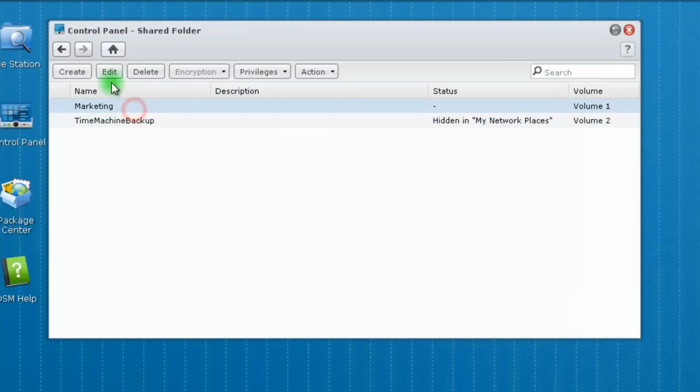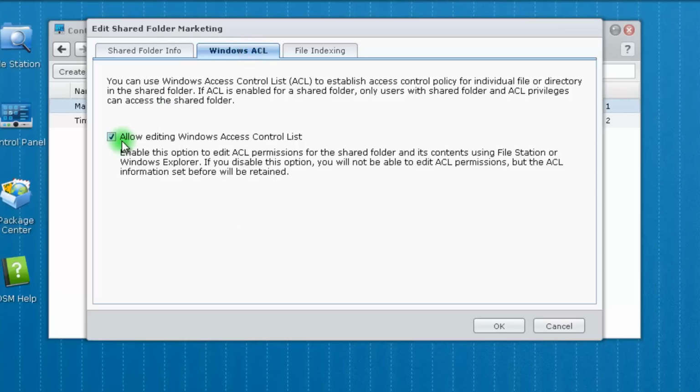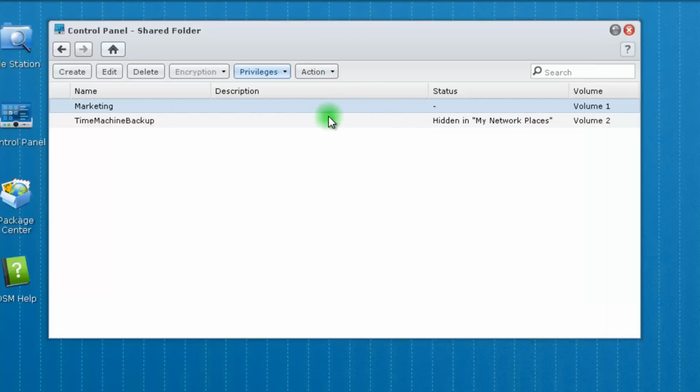If I go into a different type of share, so this is a Windows share. I've got recycle bin turned on on it. As you can see, I've got Windows ACL turned on, so I'm actually using NTFS permissions, which are saved in the metadata. You will see that later. Okay, so